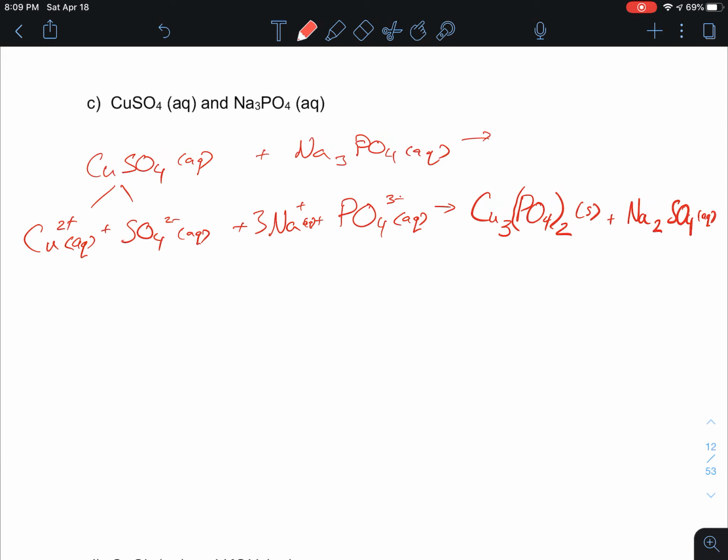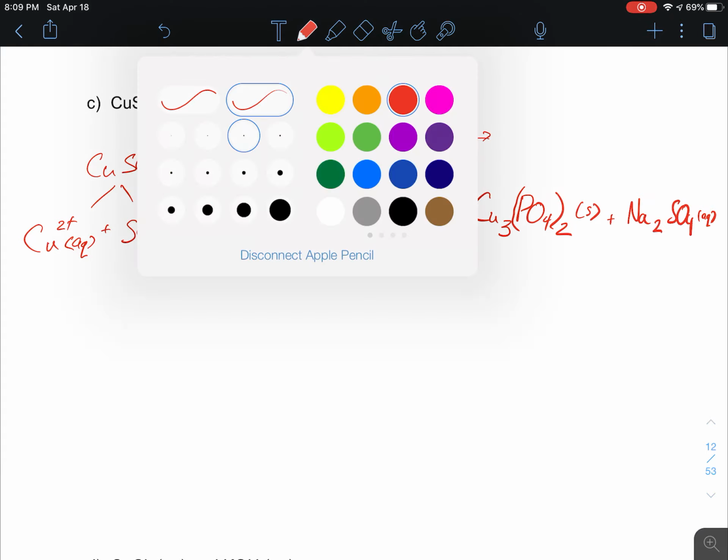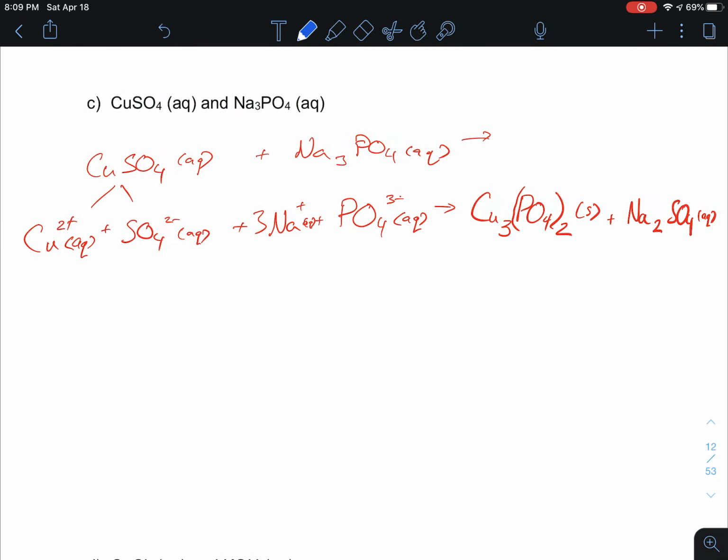So the sulfate remains soluble. And we can double check some things. We're going to have to think about that balancing act here. We need 3 of these, it looks like, to balance the copper. But then we're going to need 2 of these phosphates, which means we're going to end up with 6 of these. I'm going to do the balancing when I put in my final form here. 3